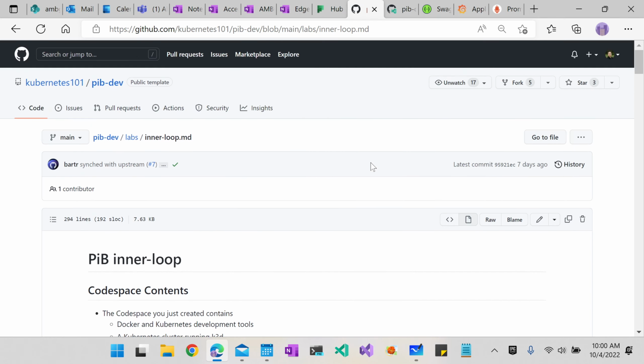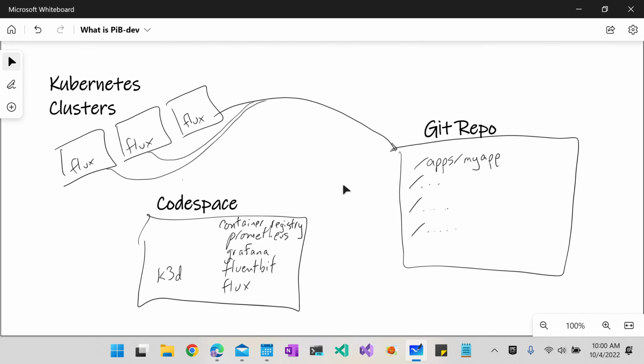So what does that look like all up? I wanted to explain this a bit, because this is a different way of doing things. Instead of a push model of CI/CD pipelines taking code from repositories and pushing it into things, with Flux you're pulling from Git repositories and then doing a reconciliation on the cluster to get to your desired state that was defined. What you can see here is the Git repo. You can think of this as the Kubernetes 101, pib dev,